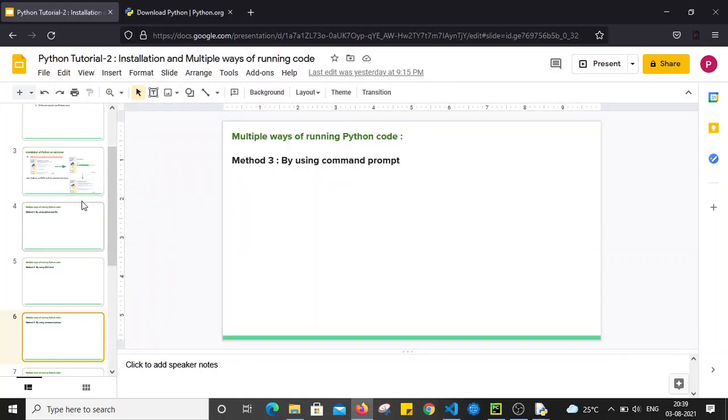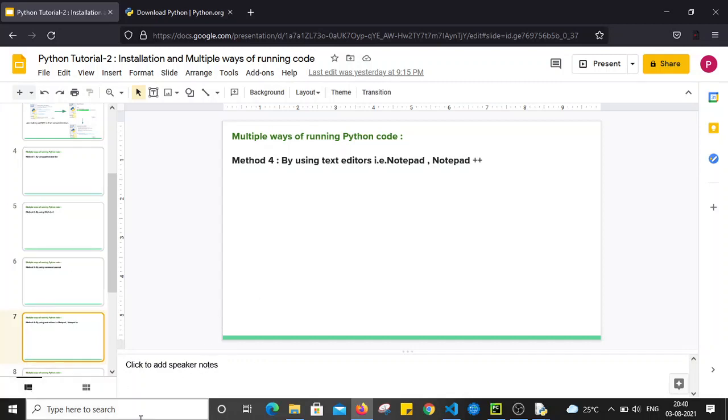So far we have seen running code by using the python.exe file, then by using the IDLE shell, and we have also seen how we can use the command prompt to run the Python code. So far we have used some kind of command prompt window or shell to execute our Python code. We can also write our Python code in editors like Notepad or Notepad++ and execute that code as well. Now let's see how we can do that.